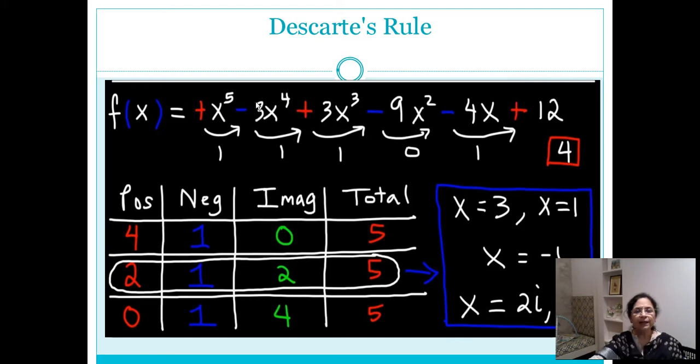And then since the highest power is 5, the possible positive real roots could be 4, or they could be 2, or they could be 0, because every time we are reducing by an even number, but the negative root remains 1. And then for the remaining roots, the difference would be the imaginary roots. Since 4 plus 1 is 5, the difference is 0. This is 3 and this is 5, so 2 could be imaginary roots in this case. If there are 0 positive real roots, then there will be 2 pairs of imaginary roots. Okay, and so this is how we can guess.